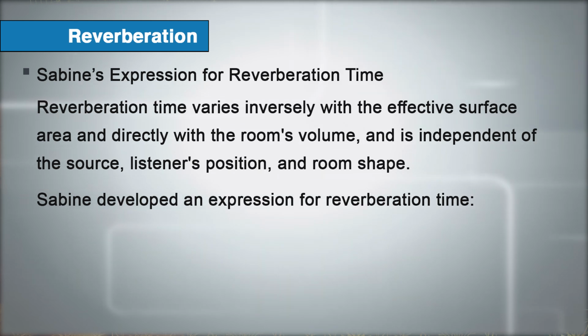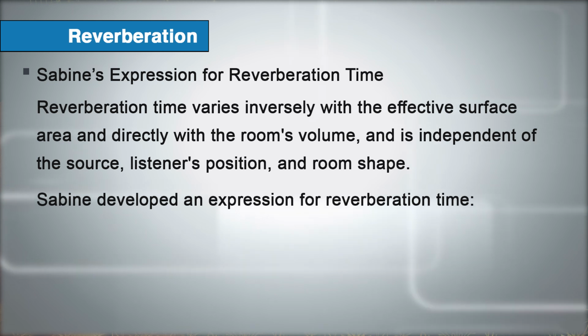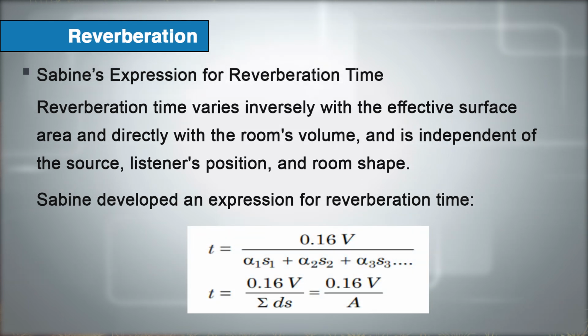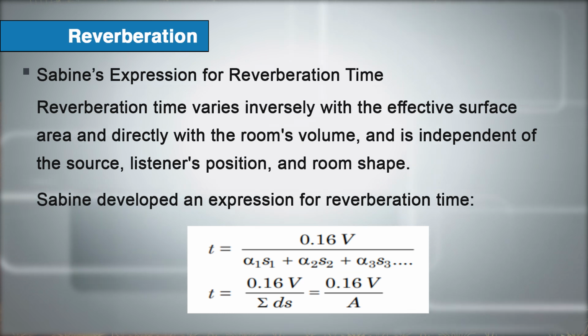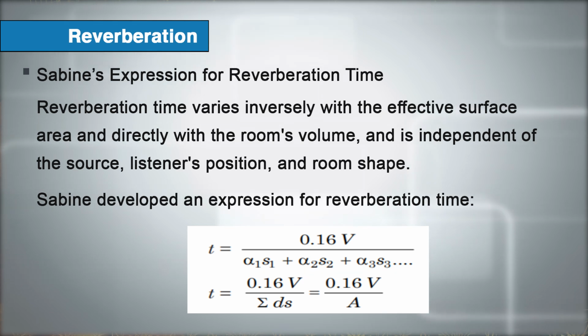Sabine developed an expression for reverberation time as T equals 0.16 V divided by alpha 1 S1 plus alpha 2 S2 plus alpha 3 S3 and so on. T equals 0.16 V divided by sigma alpha S, or T equals 0.16 V upon